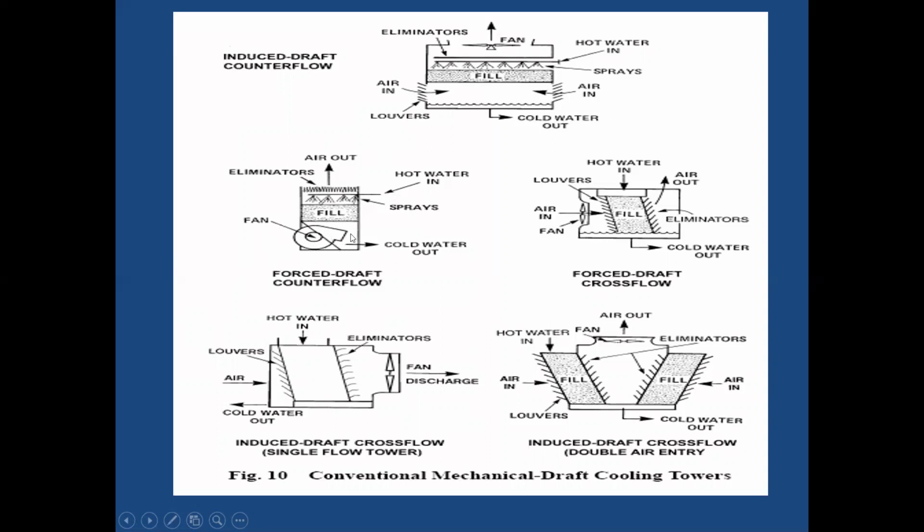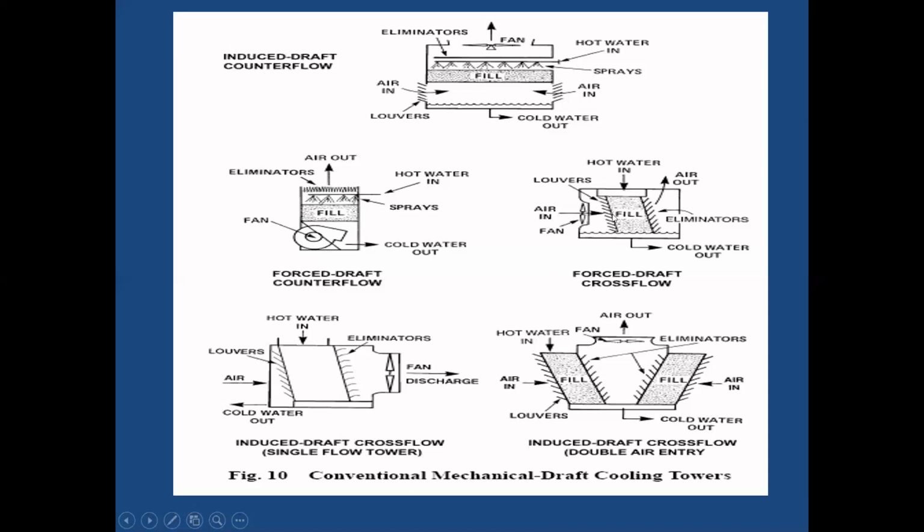So obviously here, the problem of back pressure may arise. And this is generally not the preferred configuration, because due to back pressure, more pumping power, more power for the blower, is required. But the effectiveness is comparatively high. These are the elementary structures, the same, only the counterflow arrangement is there. The water flows down, air flows up, but forced draft because air is forced over the fill material. So the heat transfer coefficient increases, and obviously a higher range can be obtained.